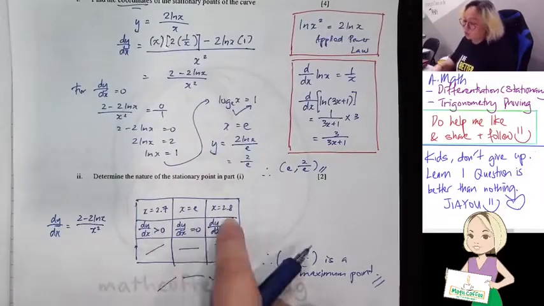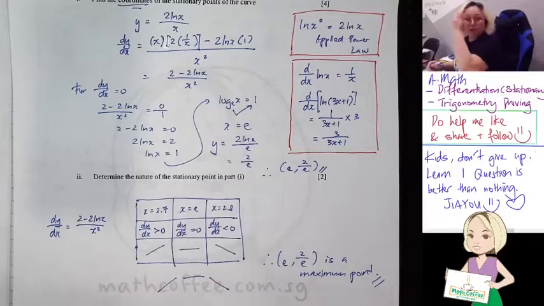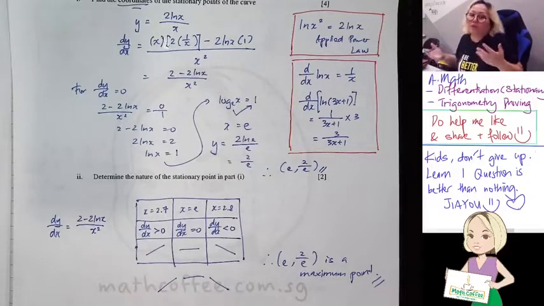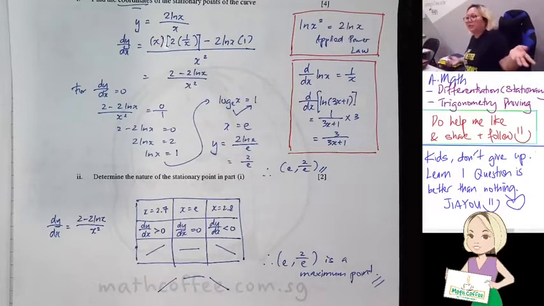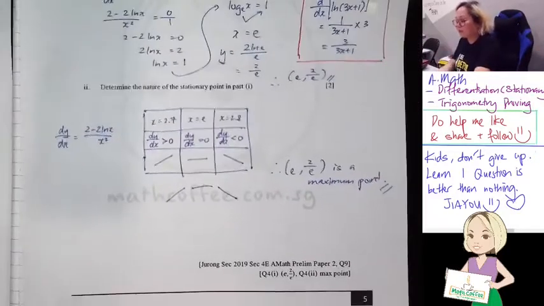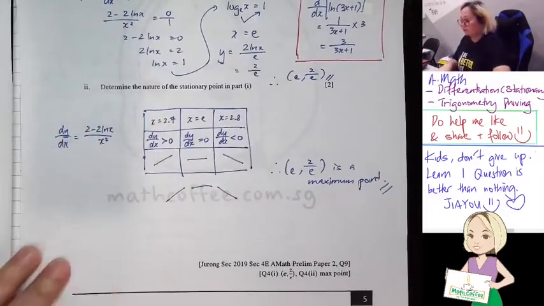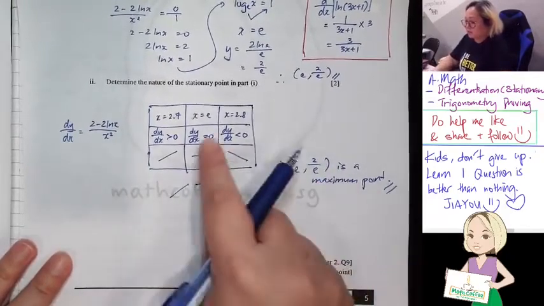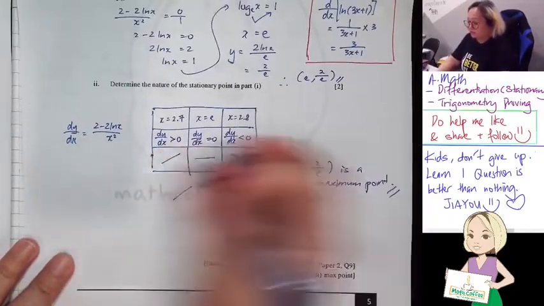You can use 2 or 3, no problem. But usually I don't like to use a point too far away, because you never know where the next stationary point is, right? What if it affects it and it goes down? You see, what's the theory of using this 2.7? Remember, this is our stationary point. So imagine,